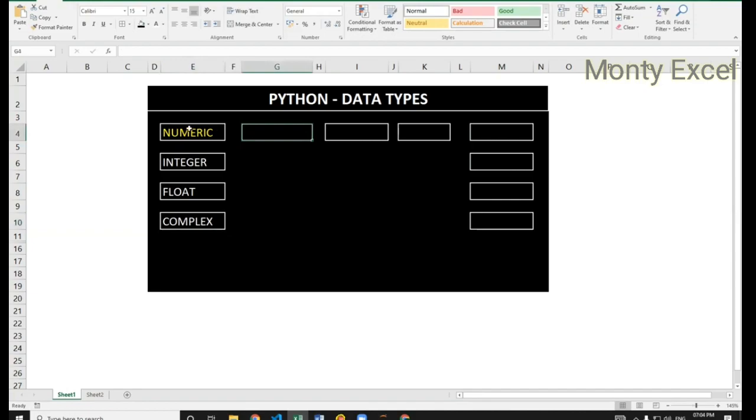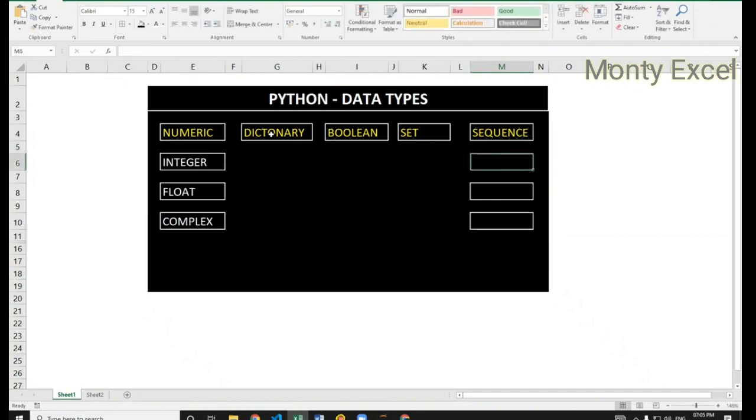In the next series, the first one is numeric, the next one we have is dictionary. The dictionary data type is one more data type. We'll get into details because I don't want to fill in the entire information in a single go. We'll go step by step. The next one we have is the Boolean data type. And next we have the set data type. And next, the very important one, which we keep using always,